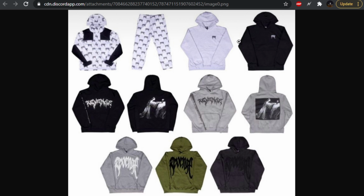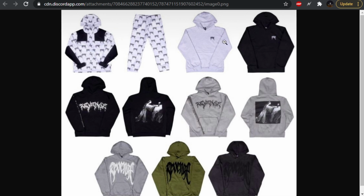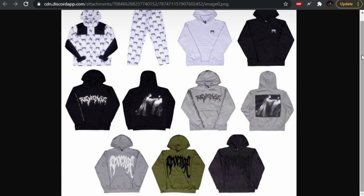We get 2 basic hoodies, which I think these have dropped before, this style of hoodie. I think we've got it in a blue colorway and maybe an olive colorway, or maybe they use some different graphics, but it's just a plain old hoodie and it's got a little ARC logo up on top. Moving forward, we have this hoodie down here in the center line, which features the Easter Island lady on the back, and then the front graphic,